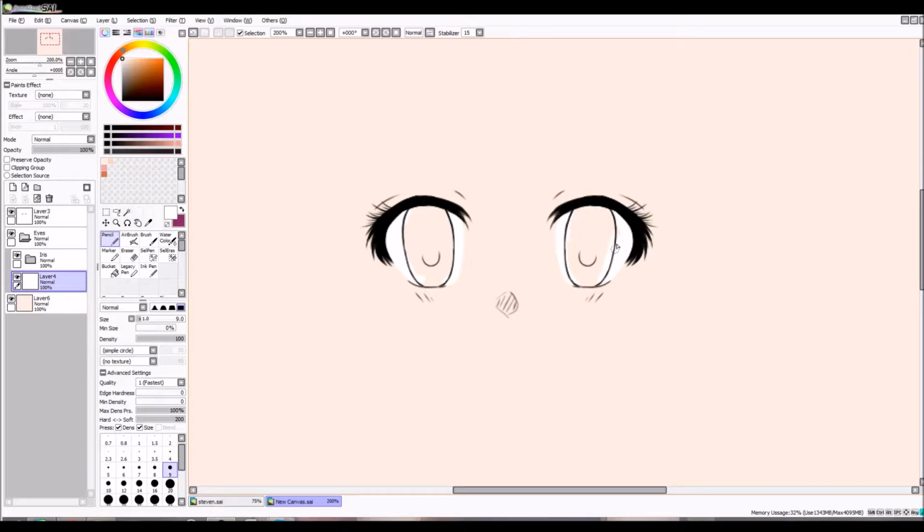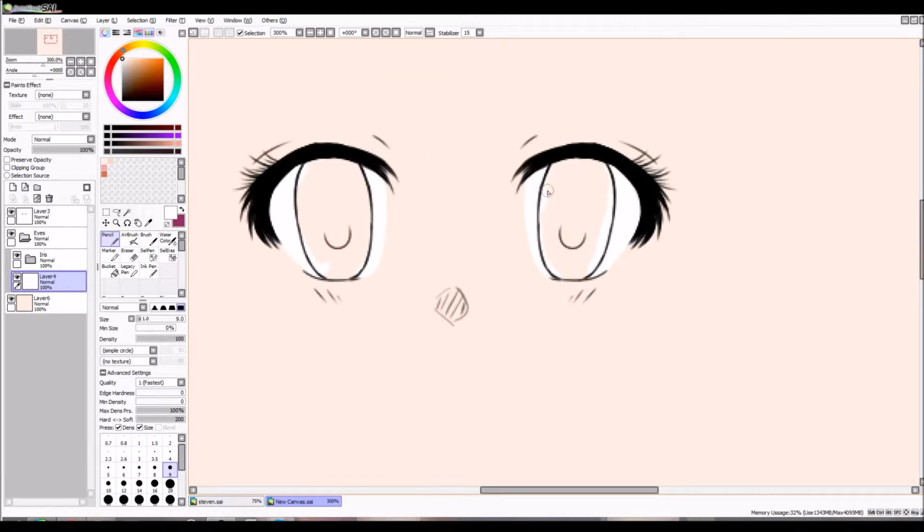And so I'll just continue doing this. Great. So once the whites of the eyes are done, you're going to want to do